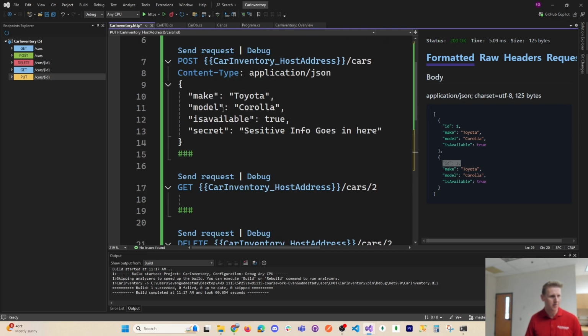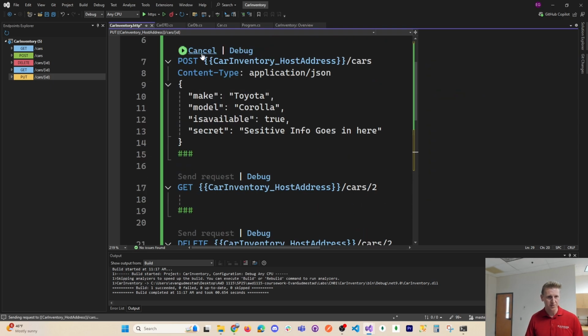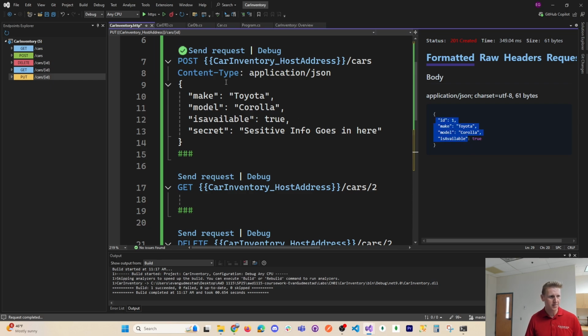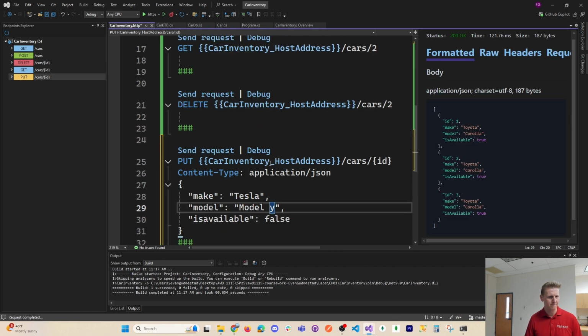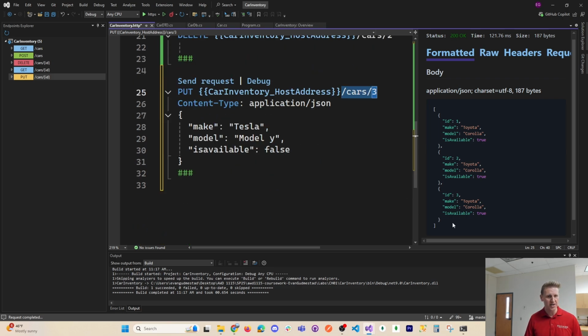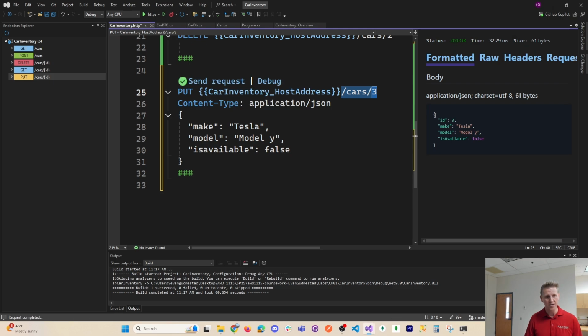So our first Toyota Corolla goes in the database. Our second Toyota Corolla. And our third Toyota Corolla, we now have all 3. And if I scroll down and I update the third one, /cars/3 put request, doing an update operation, and we're changing that Corolla into a Tesla Model Y, you can see it spits back